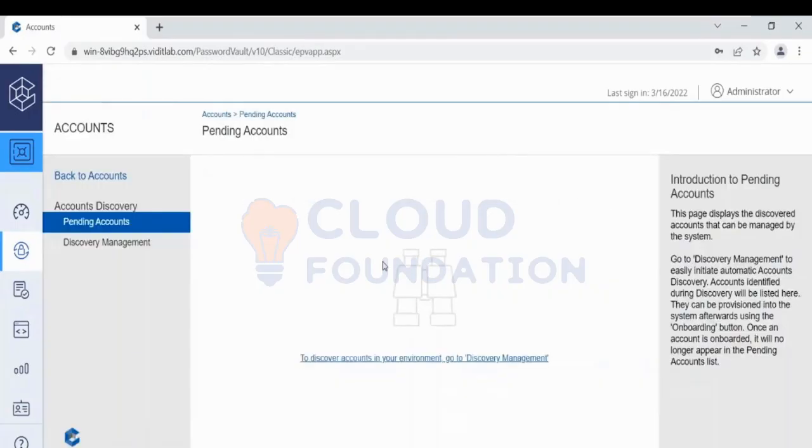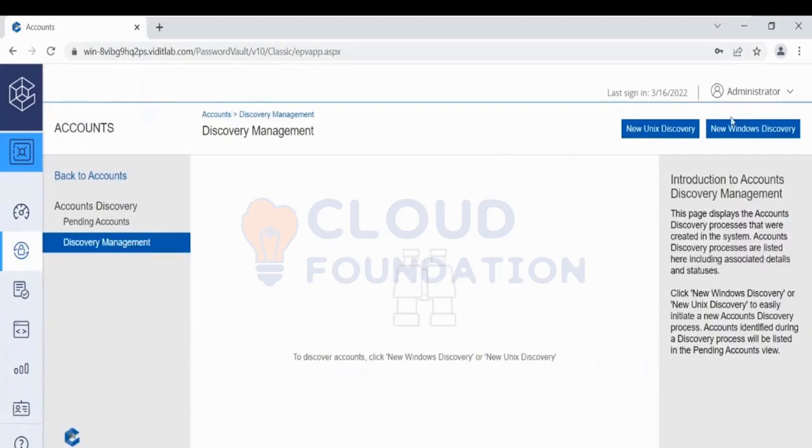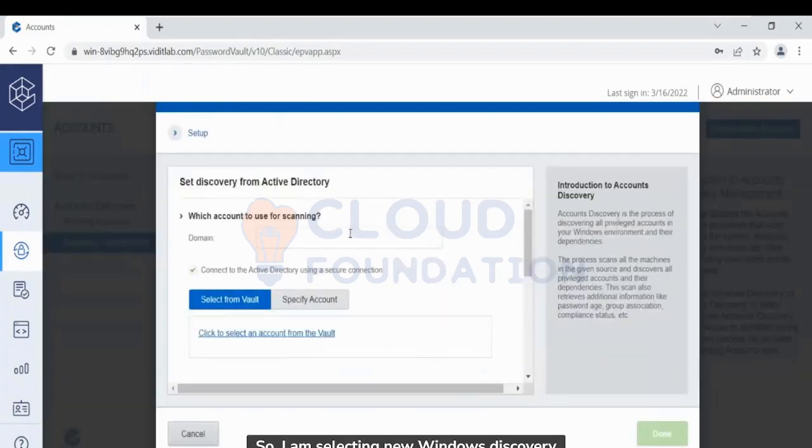Now let's say somebody has given me a task to identify how many privileged accounts are there in my Active Directory or a domain. So I will go to this discovery management. We can discover Unix machines as well. We can discover Windows machines as well. So I'm selecting new Windows discovery as of now, which is basically for the Windows, and the domain would be,